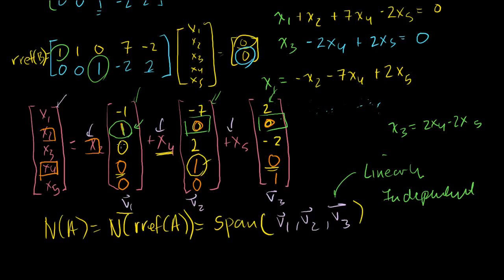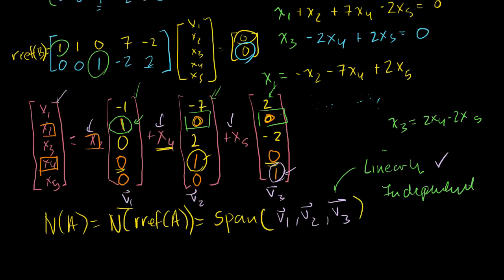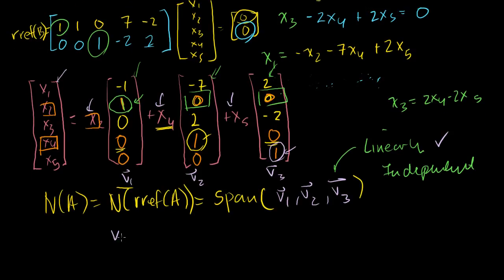And last, this x5 guy right here has a 1 here, and these guys have zeros here. So no linear combination of these zeros can equal this 1. So all of these guys are linearly independent. You can't construct any of these vectors with some combination of the others. So they are linearly independent. And so the set V1, V2, and V3 is actually a basis